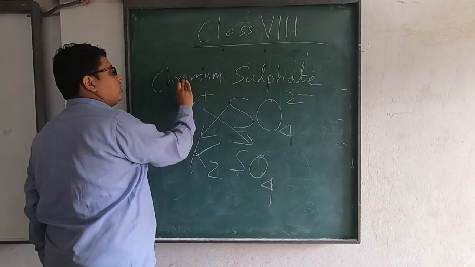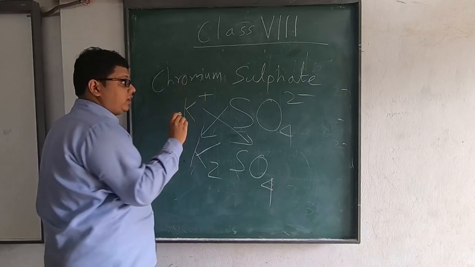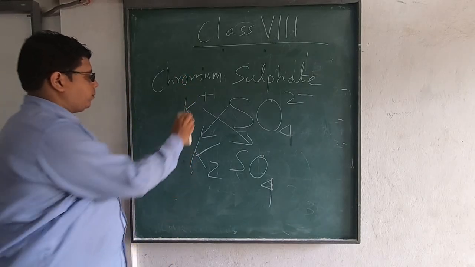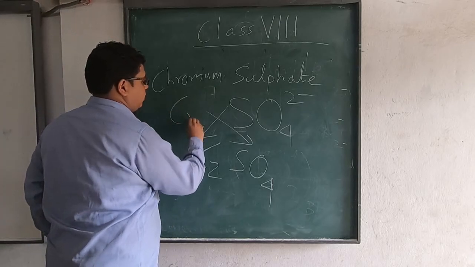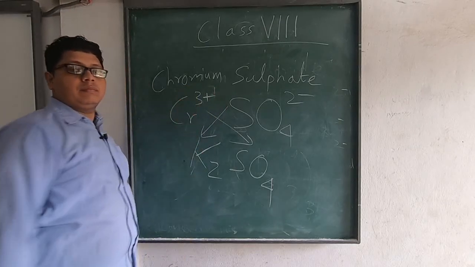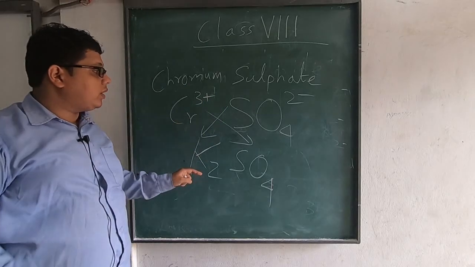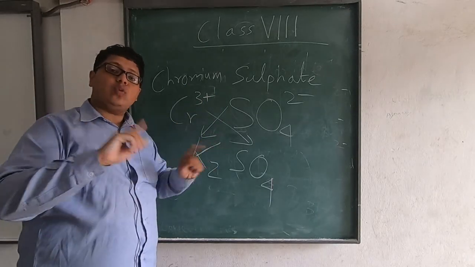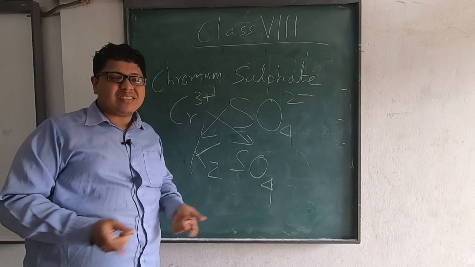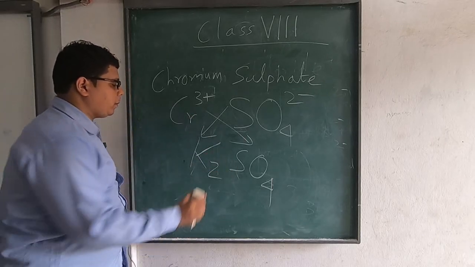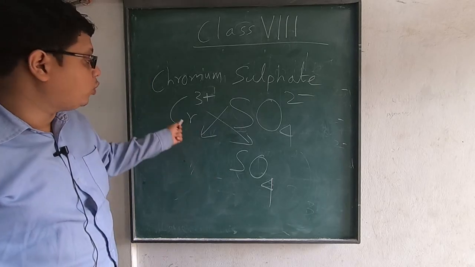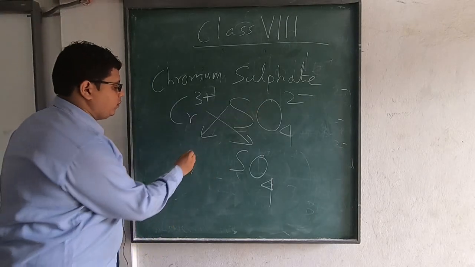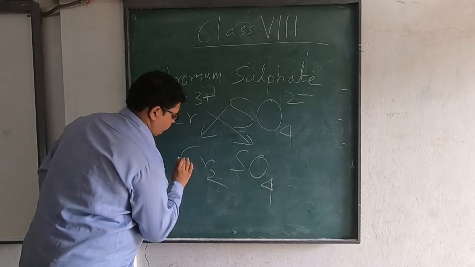You have to find this in your chart and learn it. So chromium would be Cr3 plus. Now what will happen? Now both sides we have something. That time K was only plus, so we had nothing to put here. Below sulfate. Below chromium, what will go? Below Cr, the 2 from this side will come. So it will be Cr2.